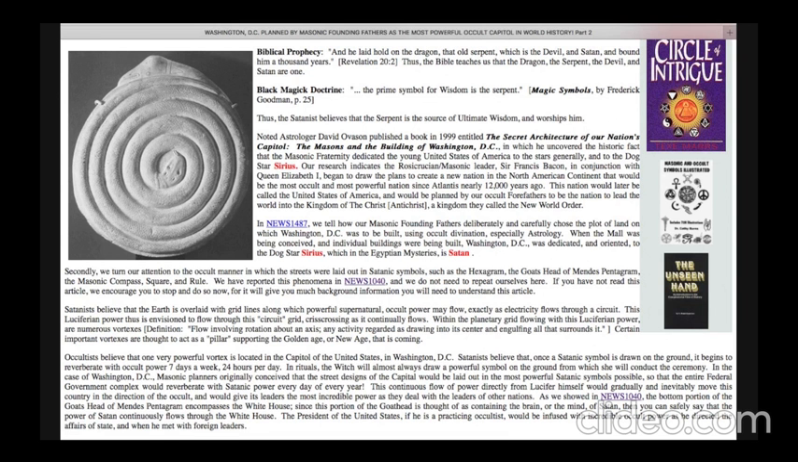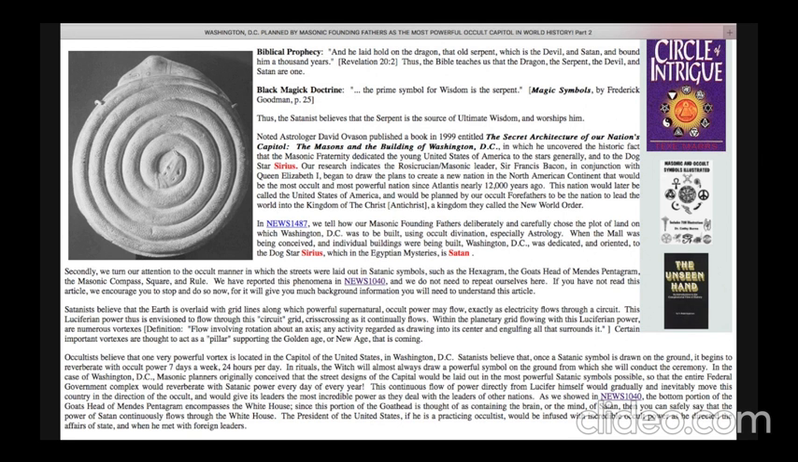Noted astrologer David Ovason published a book in 1999 entitled The Secret Architecture of Our Nation's Capital: The Masons and the Building of Washington, D.C., in which he uncovered the historic fact that the Mason fraternity dedicated the young United States of America to the stars generally and to the dark star Sirius. Our research indicates that the